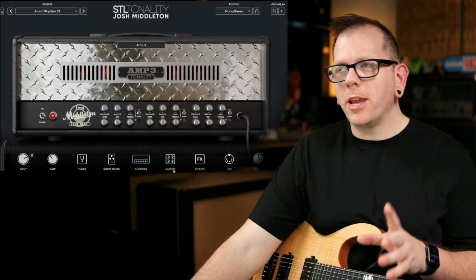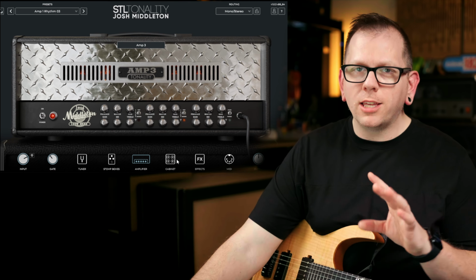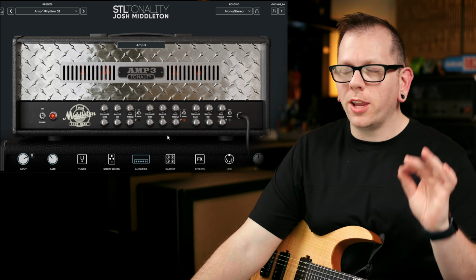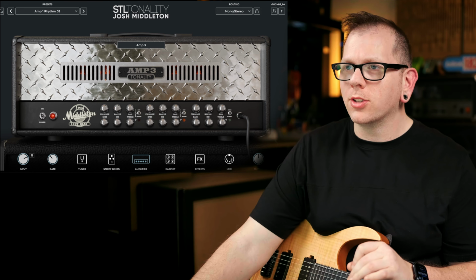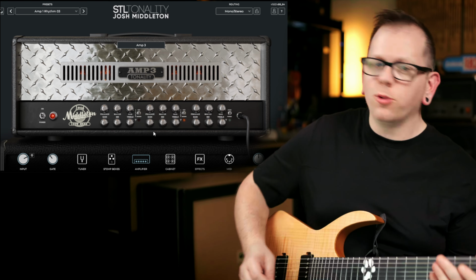All right, so flicked over to the Mesa Boogie Triple Rectifier. I guarantee you, nobody in Australia says Mesa, so every time my brain has to do a small calculation to say that word, Mesa Boogie, because I know I'll get crucified for it, but